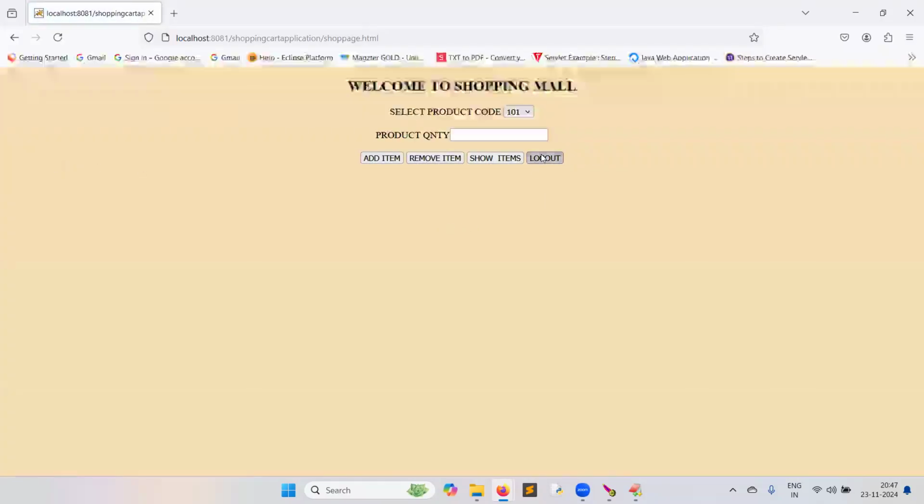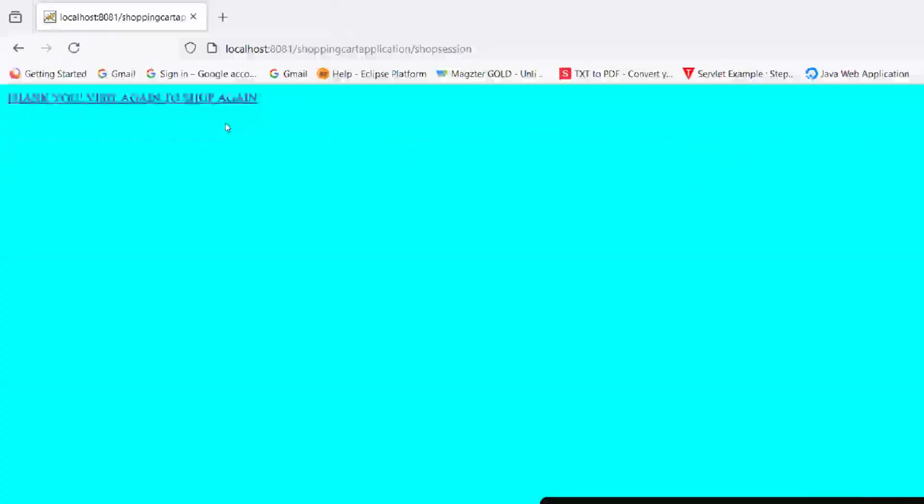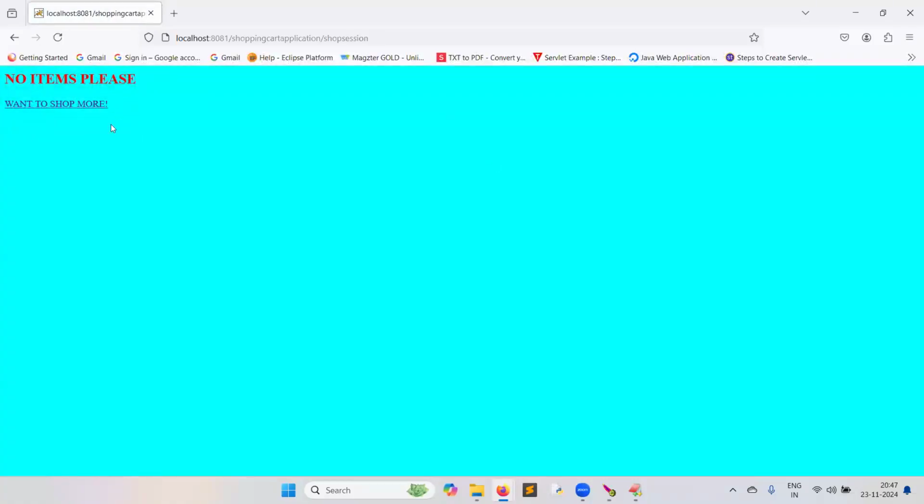Assume I clicked on logout. Thank you, visit again. Now, the moment the user clicks on logout, in the background, how to end the session? One method will be there, invalidate, and the session will be ended. Observe, if I click on that, is any item present? No items, because you logged out; your session data is lost.